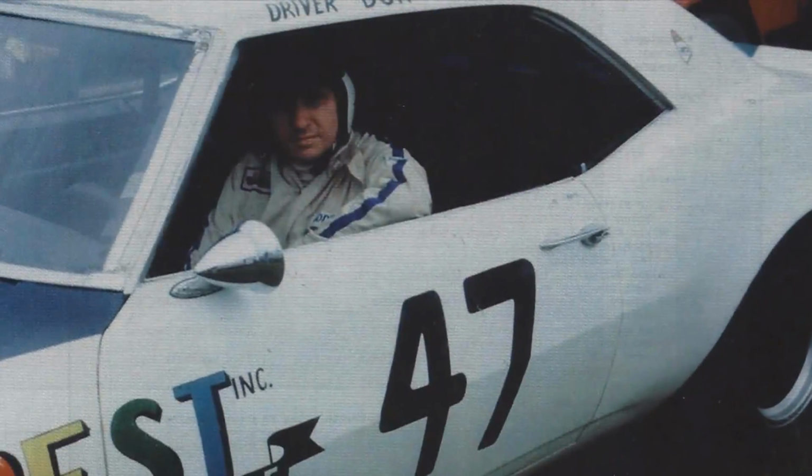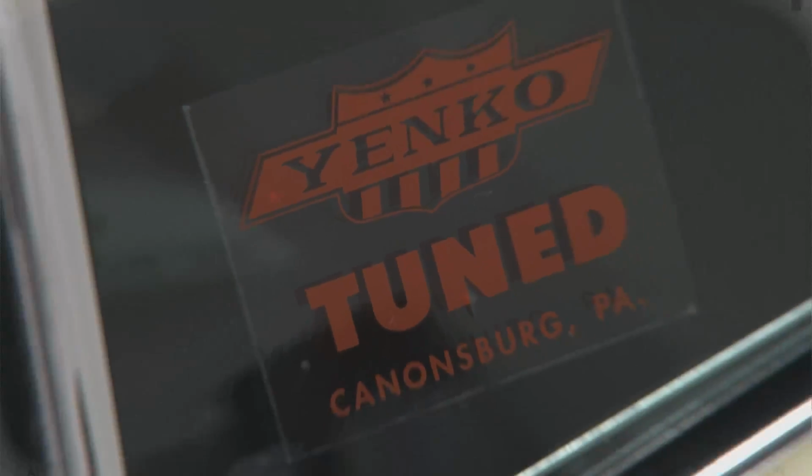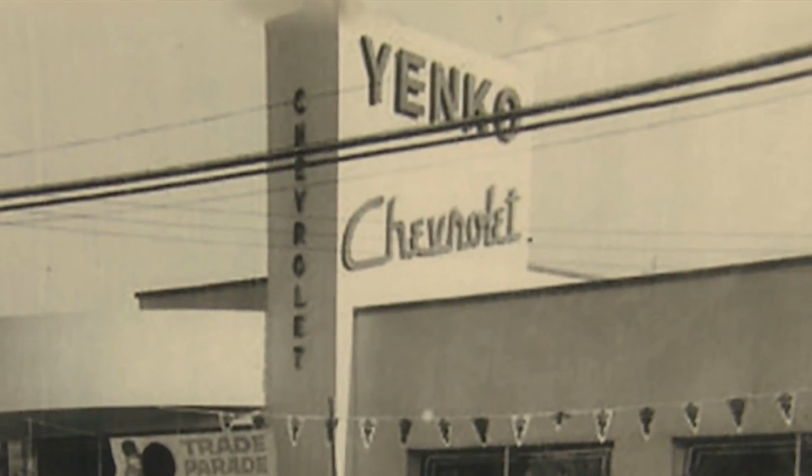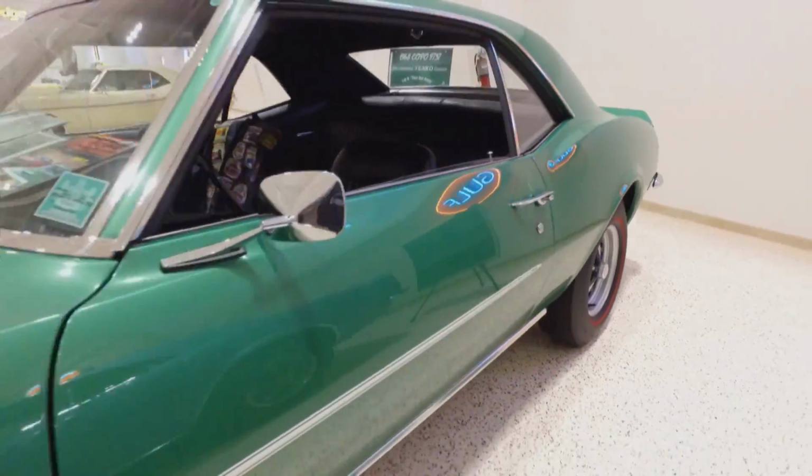In the 1960s, Don Yenko emerged as one of the SCCA's top road racers. But Yenko became famous for what he did away from the racetrack. He took regular Chevy production cars and turned them into bona fide racing machines, selling them at his Pennsylvania car dealership. Not many were made, and relatively few still survive, making Yenkos some of the most sought-after collector cars in